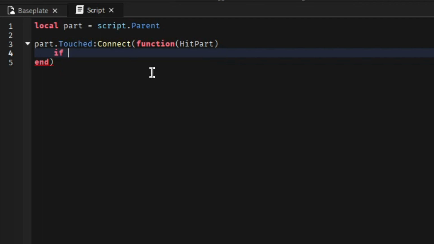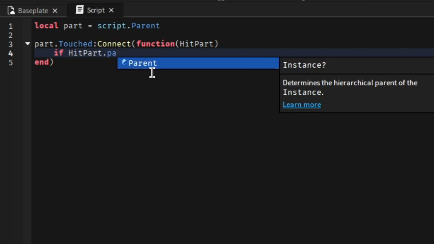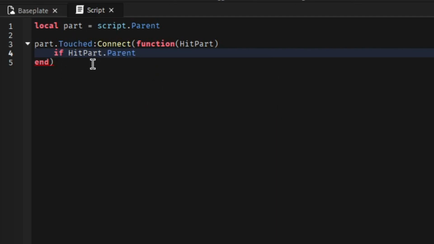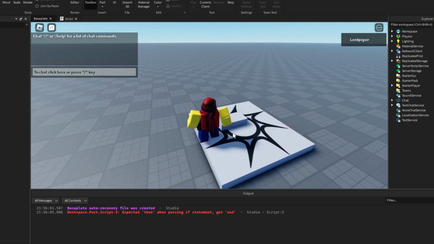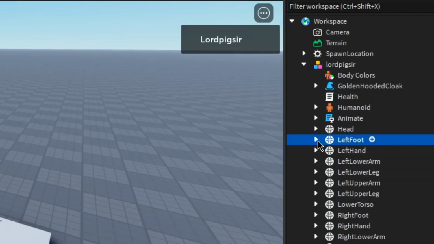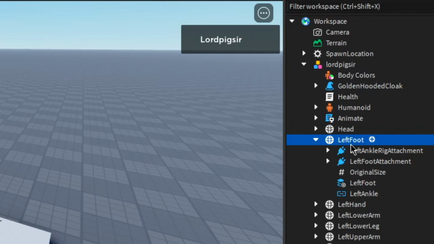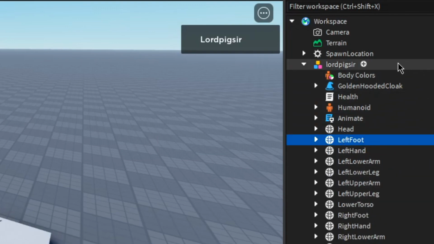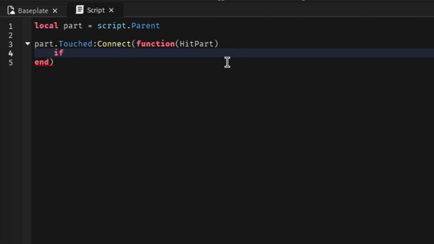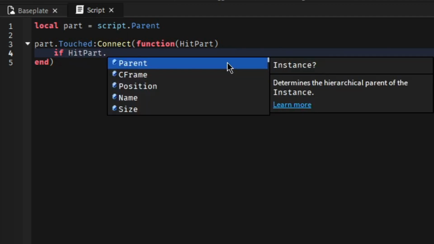If the part that is hit, so hit part dot parent, and it's not hit part because the part that's hit isn't the character. So like if I got hit by my left foot and we looked for the children inside of left foot, there's no humanoid. But if we look in the parent of left foot, which is the character, it has a humanoid as child. So we can do if hit part dot parent